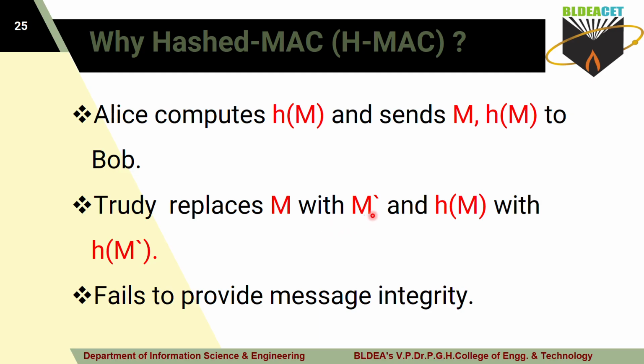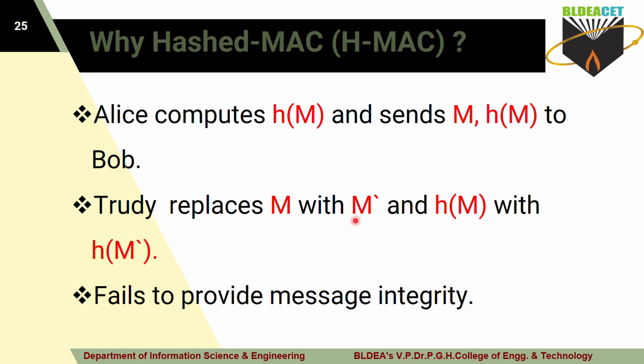Okay, this Trudy also calculates the hash value for this M dash. What hash value will you get for this M dash? That is only what it sends. Here the assumption is that Trudy knows which hash function is used for generating the hash key here. So with the help of that knowledge, what will Trudy do now?